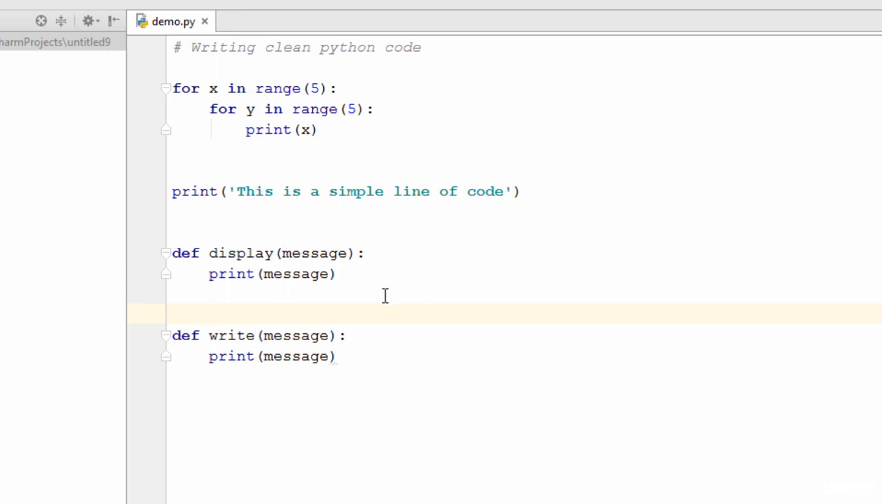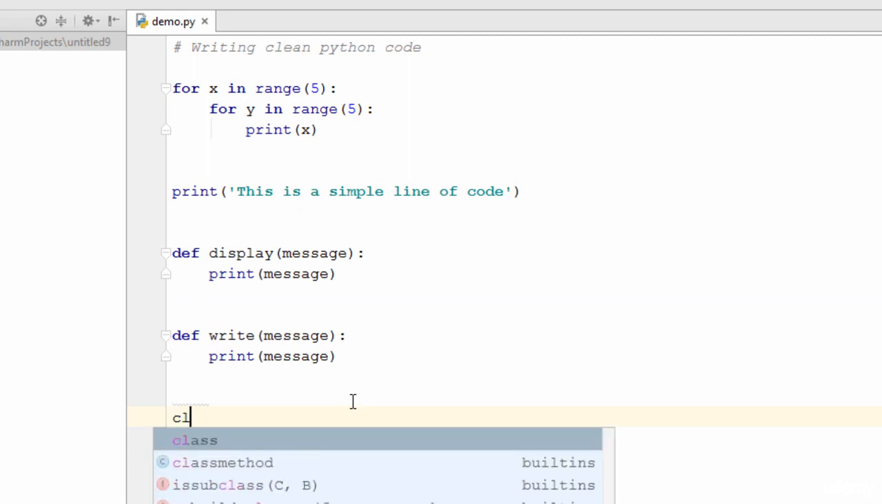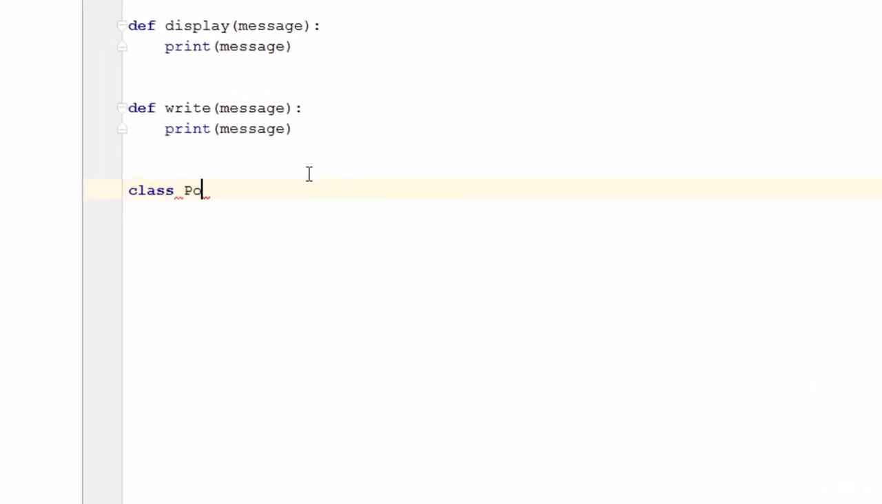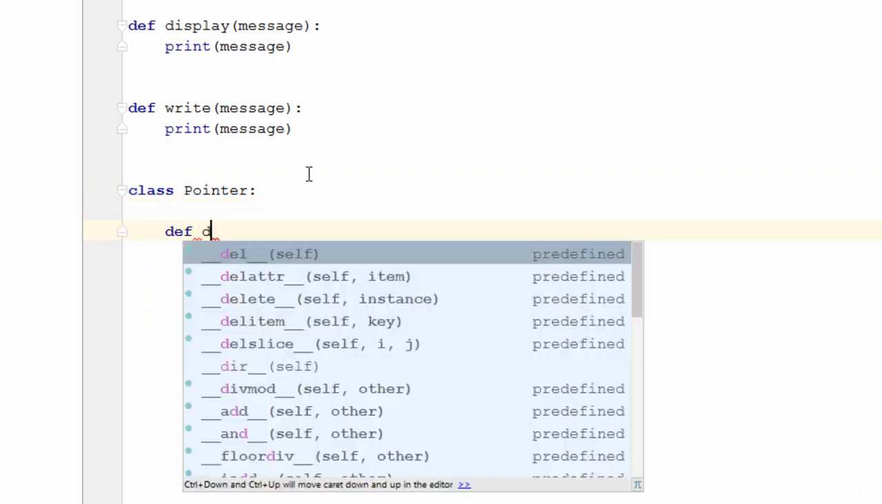So let's move on to the next rule, which is that methods should be separated by 1 blank line. This was the case for functions, that is you always need to separate functions with 2 lines, but in case of methods inside a class, the methods should be separated by a single line. So let's create a class first. Let's call it pointer, and let's create a simple method over here. So that's going to be def, let's say display,